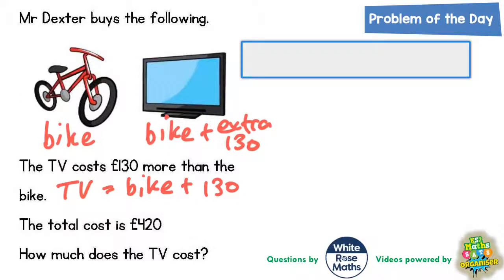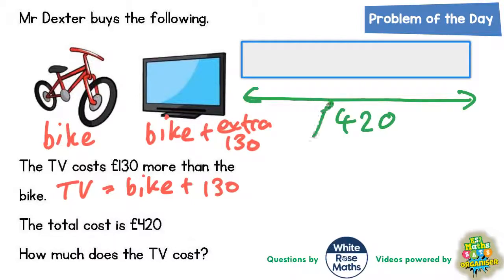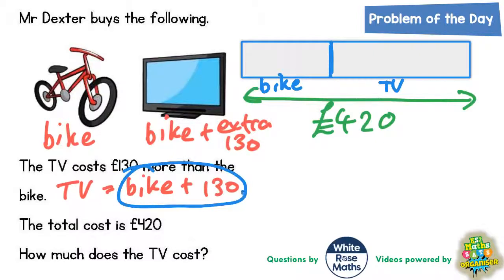So we know that the total cost is 420, so the whole bar would be worth £420. And we know that within that £420, we've got the cost of the bike, which we'll write underneath like that, and we've got the cost of the TV. But we did say that the TV is the same as the bike plus an extra 130. So instead of writing TV there, we could actually write bike